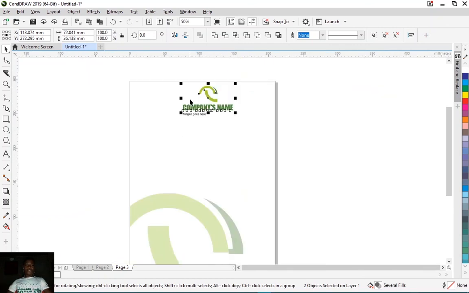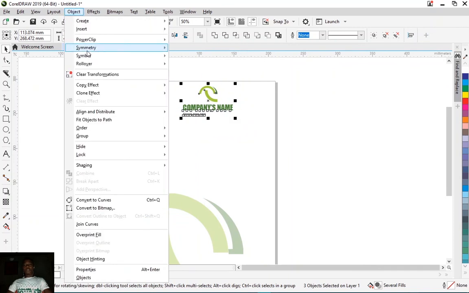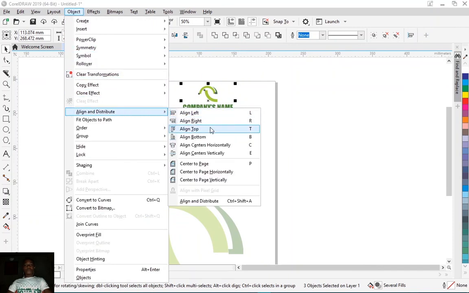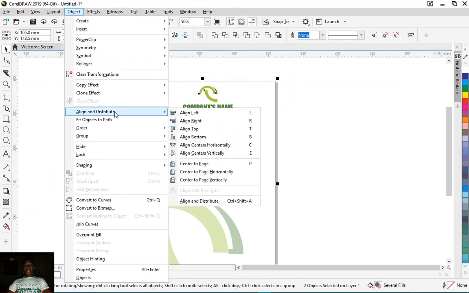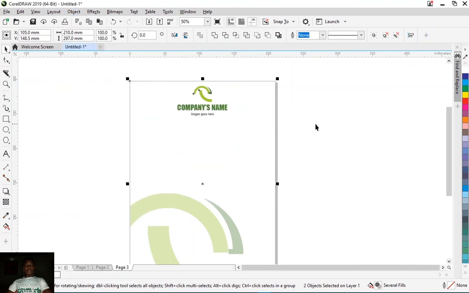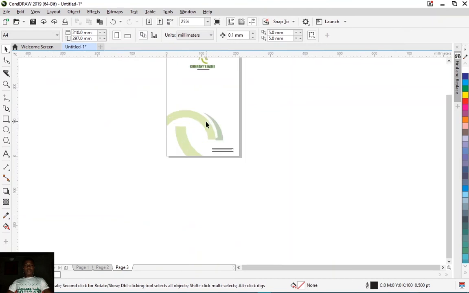So I'm just going to do the same thing with the slogan. I'm selecting all of them together. Object, Align and Distribute, Align Centers horizontally. Together now, so I will just group this. While it's selected, I'll click on the main page, Object, Align and Distribute, Align Centers horizontally. Okay, with that being done,